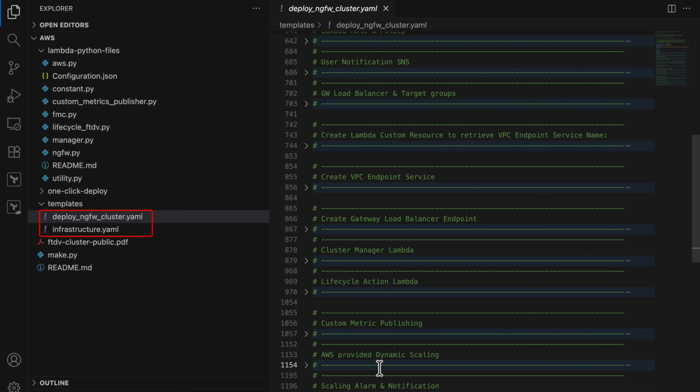So just to quickly summarize, this infrastructure.yaml file deploys the required network resources, and the ngfw cluster.yaml file will create the Lambda functions, scaling logic, firewalls, auto scaling group, load balancers, target groups, etc. So these are the two templates that we will be uploading to the stack and launch the stack in AWS. One other thing that you need to do here is in the Lambda Python file folder,